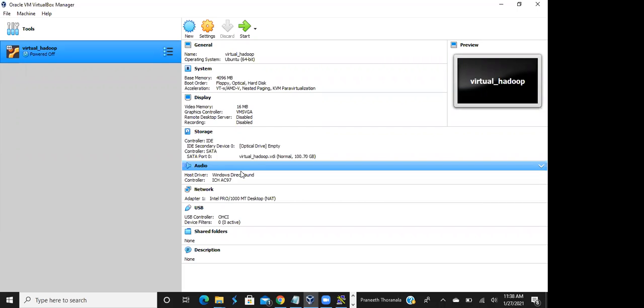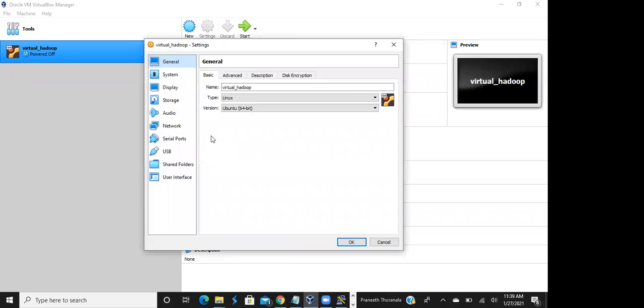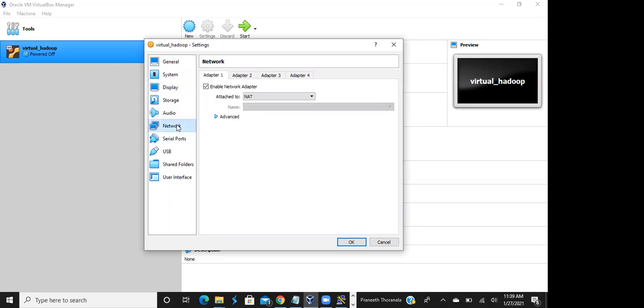Now go to settings. This is going to be a one-time activity. Then we'll just start using that IP address. Go to the network tab after audio. You see there is adapter one.